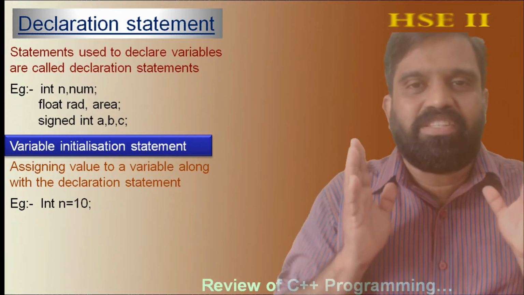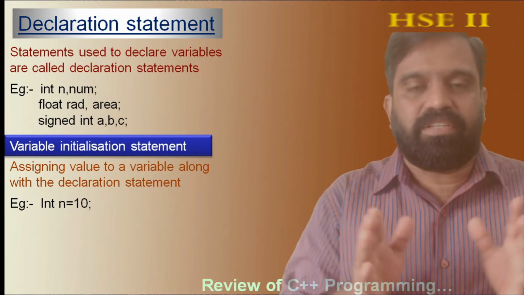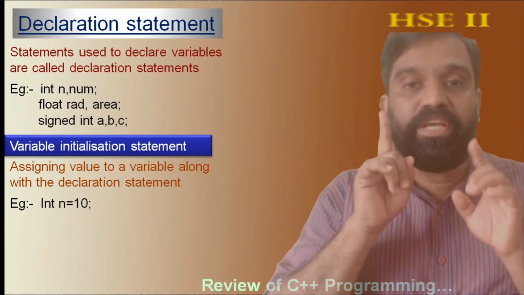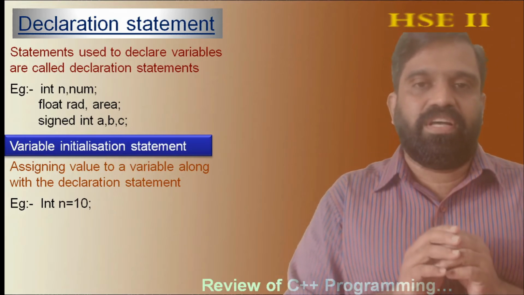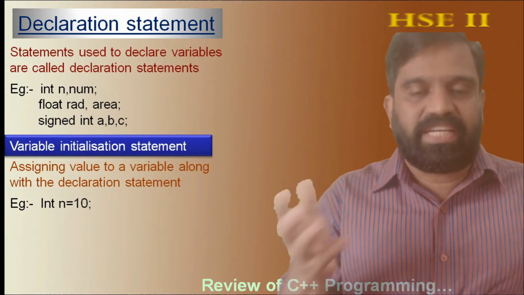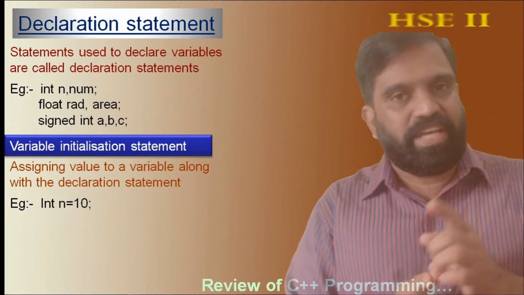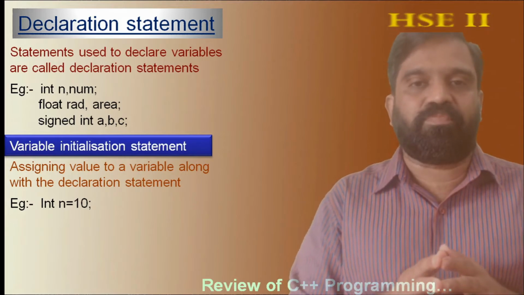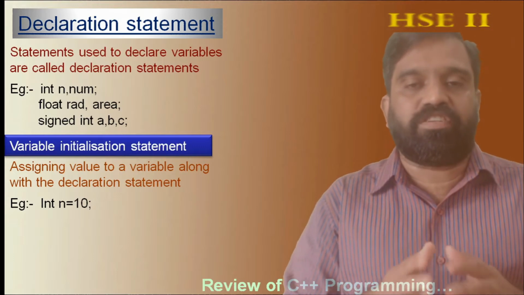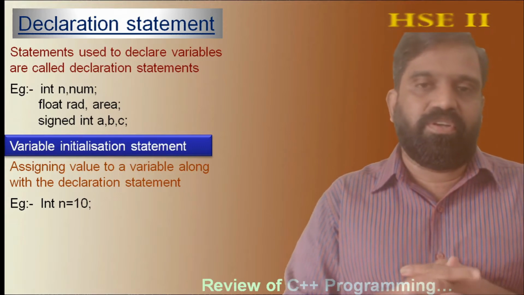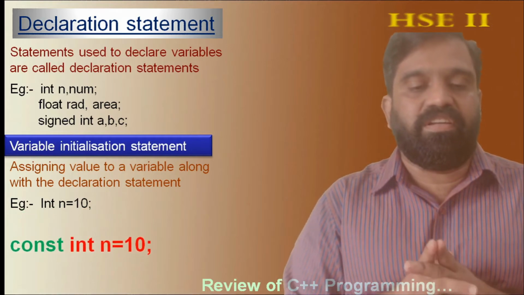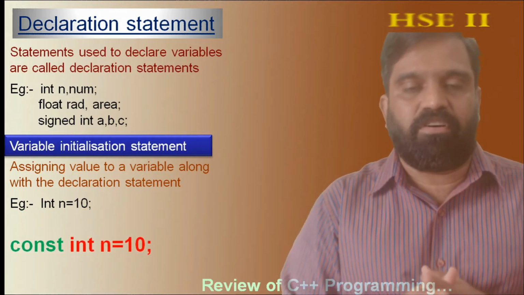As long as the program runs, the value of that variable should be 3.14. See how we can create such a statement. For that we can use the keyword const. For example, I can say const int n = 10;